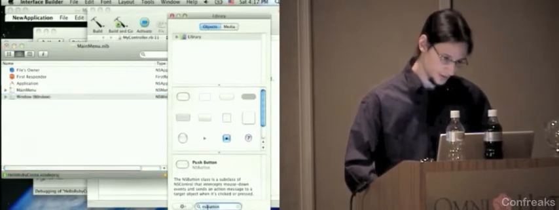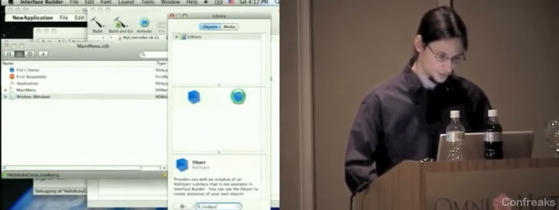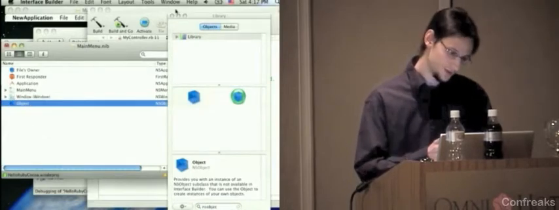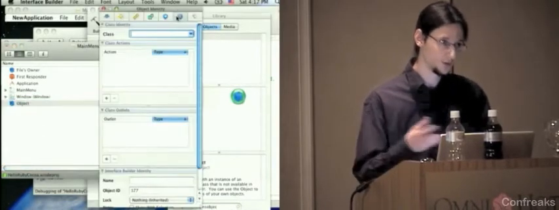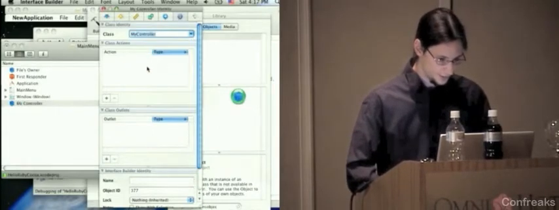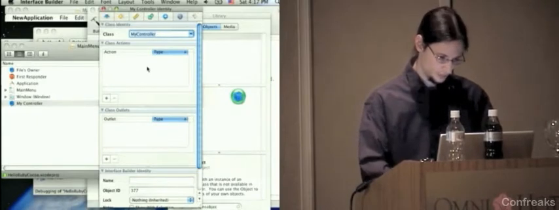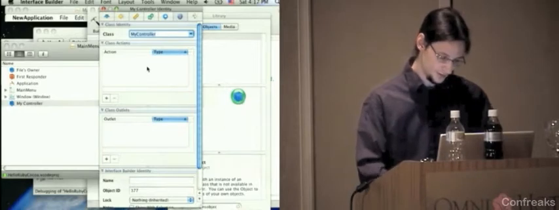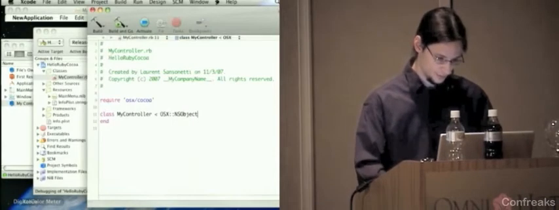Here I can select my controller, which is great because it shows that Interface Builder is aware that I created a new subclass in Xcode. If I go back in Xcode and I create an outlet called text field and an action called speech,